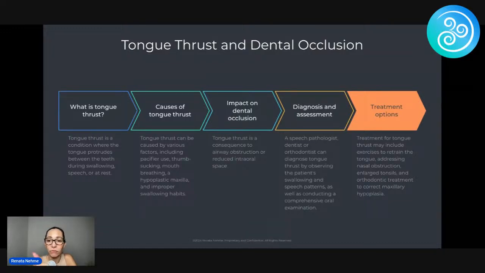If there's not enough room in the mouth, are there any dentists here in the room? Roof of the mouth. Are there any dentists here in the room? I would love to know because we get so many patients from our fellow orthodontists to fix this kid's tongue thrust, but there's not enough room in the mouth for the tongue. You cannot shove a tongue back into somebody's airway because it's in the way. I'm going on Facebook now to see if there's any comments here. You can't just push the tongue back into somebody's airway to fix a tongue thrust.